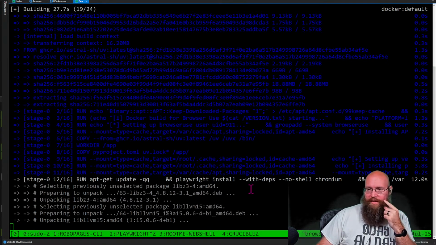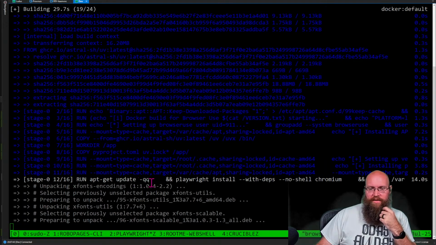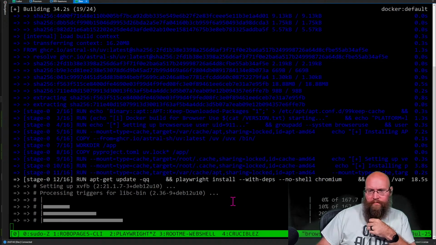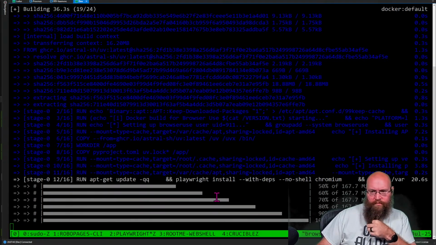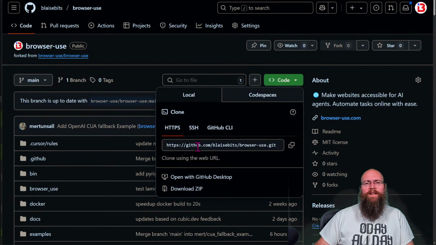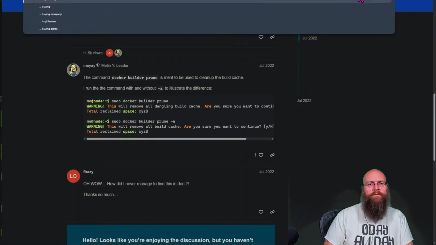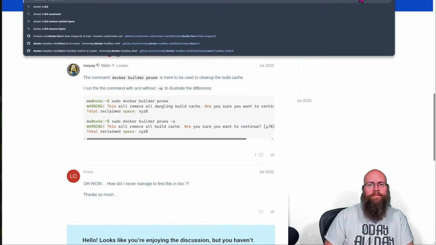So here it looks like it's installing, right? We can literally see this command running. What does this run --mount actually do for a Docker build? Why is everything switching to light mode? Ugh.